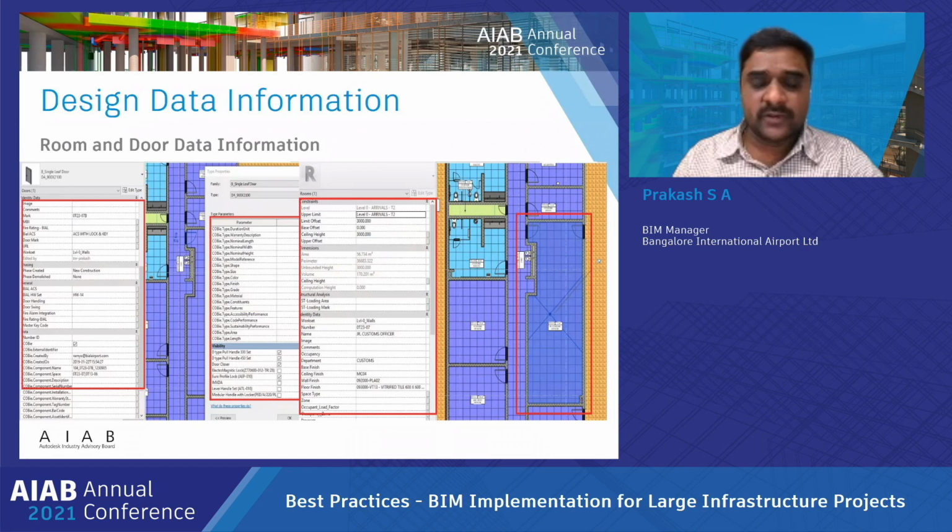So in this architecture model, when we select the data information, how are we going to segregate it room-wise? When we select a particular room, we have all this information with all the COBie-compliant parameters. In this room we have the area, the ceiling height, the room name and room number, which department it belongs to, and the floor finishes, ceiling finishes, and wall finishes. We are going to feed all this information, and we have customized parameters for all these rooms in the same way.